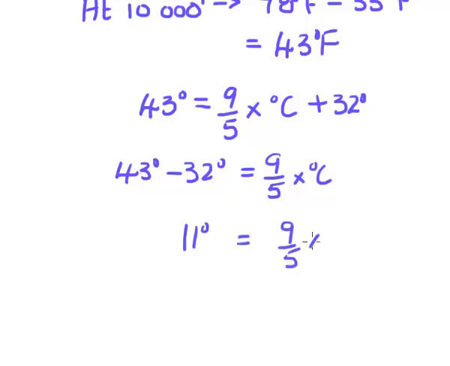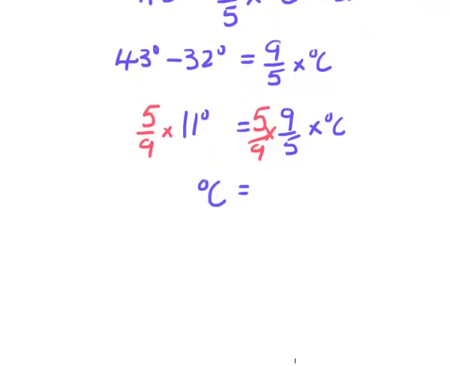9/5 times degrees Celsius. Now we're going to do the same thing as what we did just now. We're going to multiply this by 5/9. Whatever you do on the right, you do on the left as well. So our final answer,